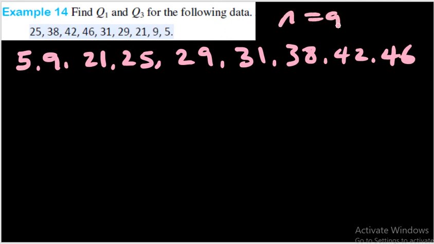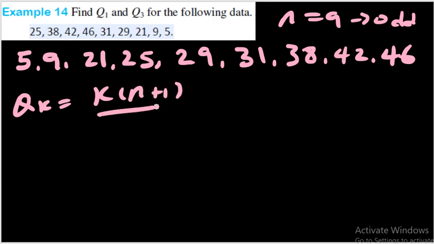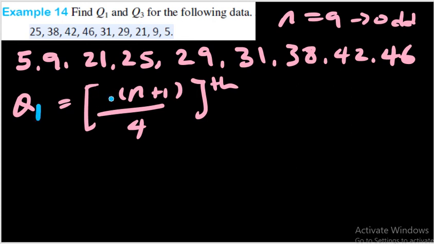So n is equal to 9, which is odd. So which formula will be applied? Qk is equal to k times (n plus 1) over 4, th. But here let us replace everything we have. What's asked is Q1 and Q3. So let's do Q1 first. That means in place of k I'll write 1. In place of n I'm going to write 9. 9 plus 1 will be 10. 10 over 4 is the same as 2.5. The 2.5th item, which means